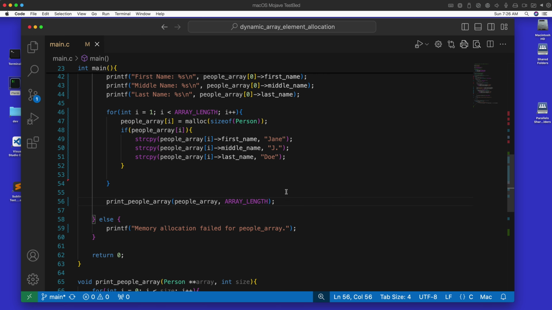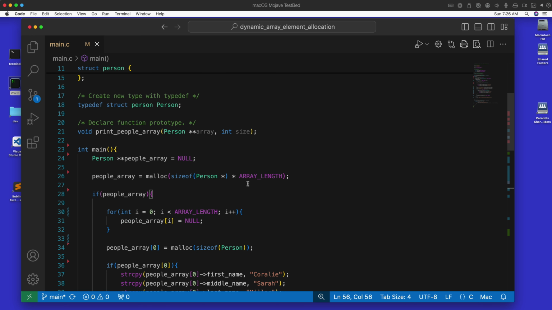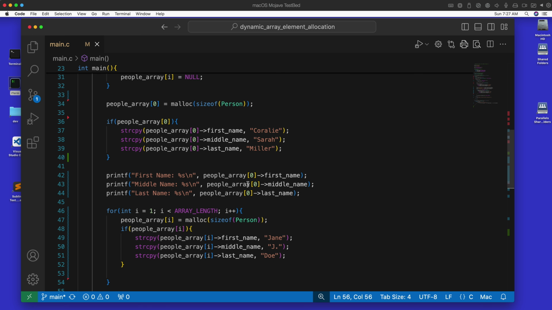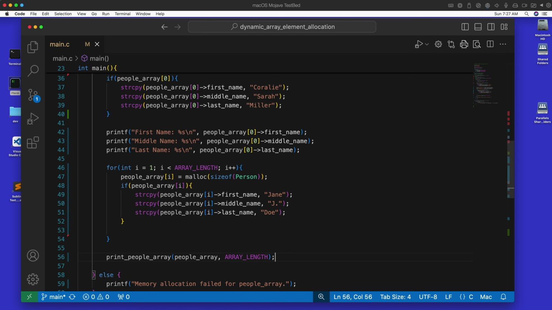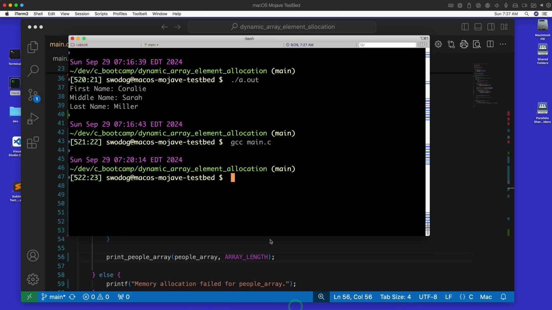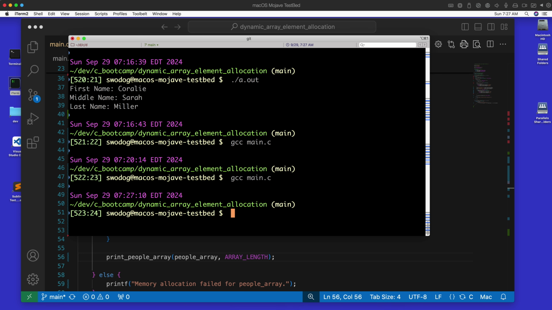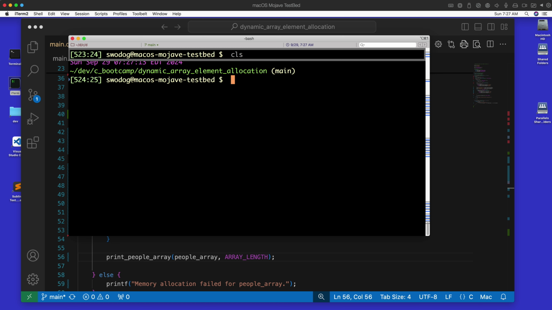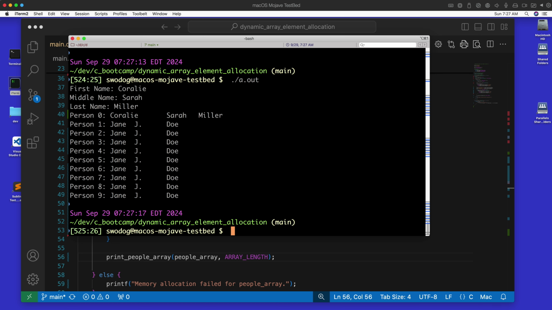So let's take a look at the code. Quick review. Everything is saved. Now let's go ahead and compile. GCC main. All right, so clear the screen and run it. All right, so that looks like it works. Now, what we need to do is once we have